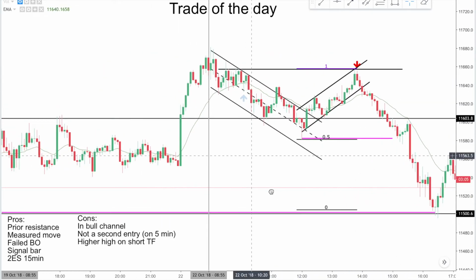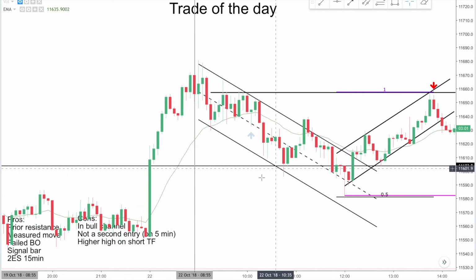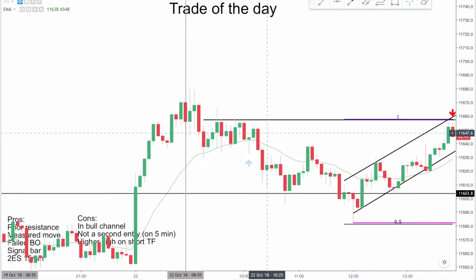On the trade today that you could have gotten trapped into, it's up here. Technically, this is a second entry long. You have this high right here, first entry, second entry long. Look at all of these bars here overlapping. But I'm just going to take this out of the way. If you didn't see this